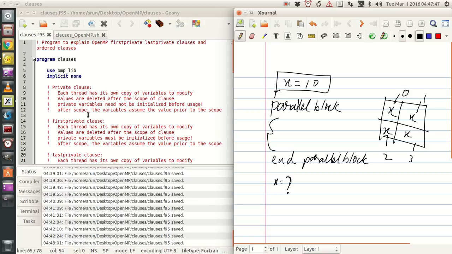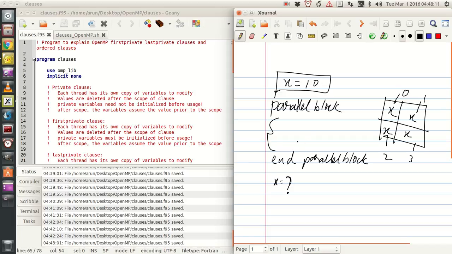In the private clause, the initial value of x that you're going to keep as private need not be initialized. It need not be initialized, and if it's initialized, it's not a problem. After the scope of the parallel block, the value of x will be the value that was already defined.